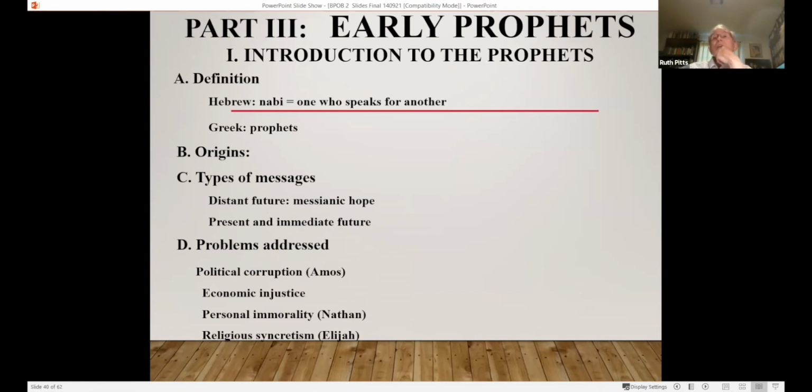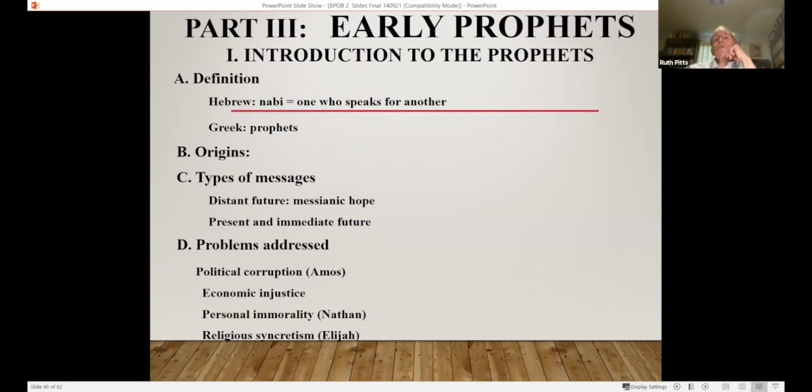Now, the early prophets, that was a very brief overview, but in the Bible itself, the narrator will talk about the northern ruler, and then the southern ruler, and the northern ruler, and the southern ruler, and that will go back and forth. So it's a little difficult to sort out. This is a simplification of that.